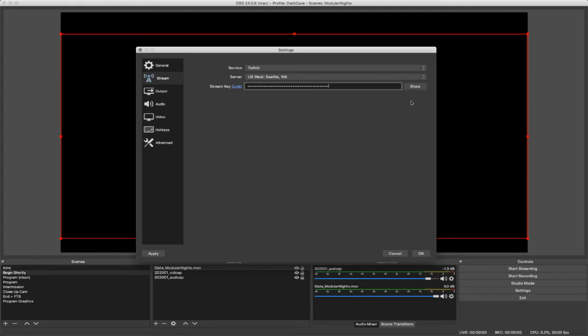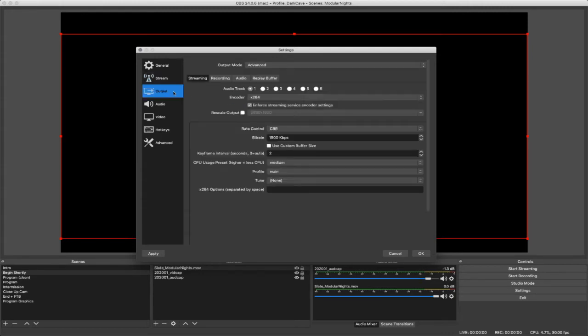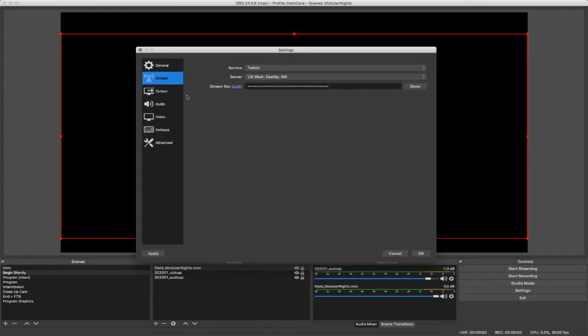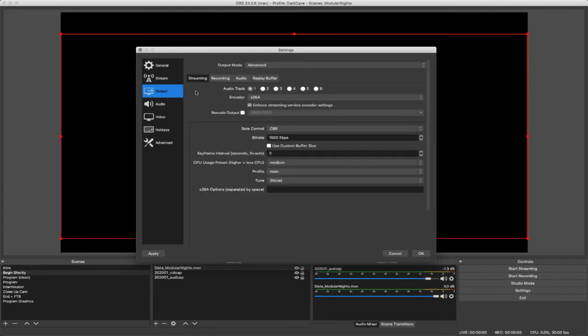So if you click show, it would actually show it. That's good to make sure that you don't have an extra space in there or the wrong key, to double check. So once you have your stream key in there for whatever platform, Twitch, for example, we're just using there, you go to output, and then this is where